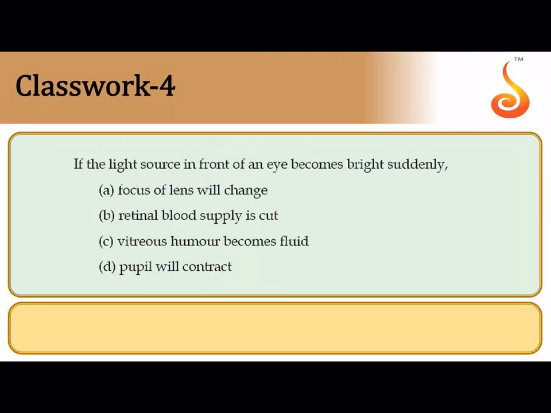If the light source in front of the eye becomes bright suddenly, obviously what will happen? The pupil will contract so that less light will reach into your eye. This is referred to as pupil constriction, isn't it? Pupil constriction is also one of the properties of the parasympathetic nervous system. When you're relaxed, the pupil will constrict, and also when there is a light suddenly flashing into your eyes, the